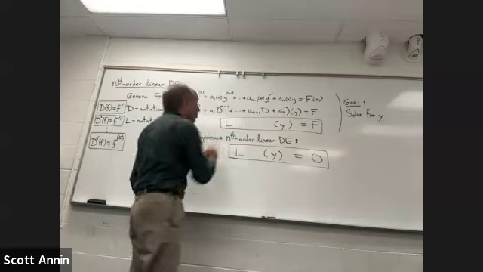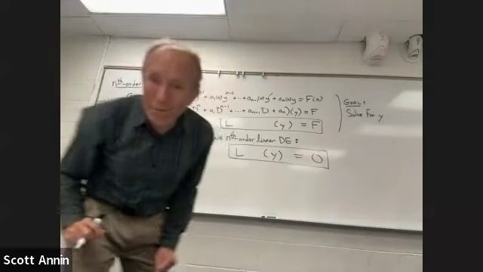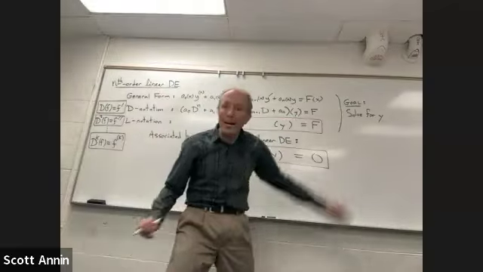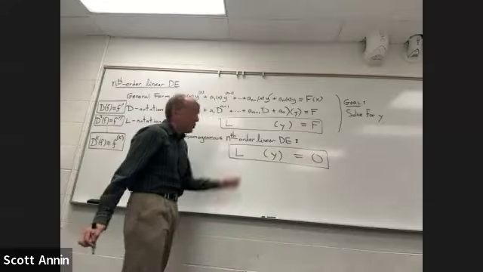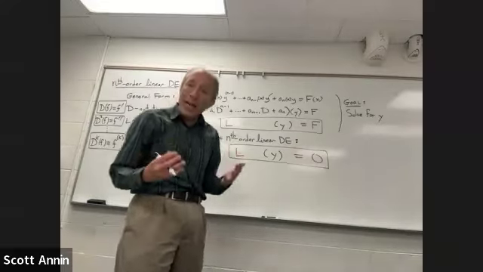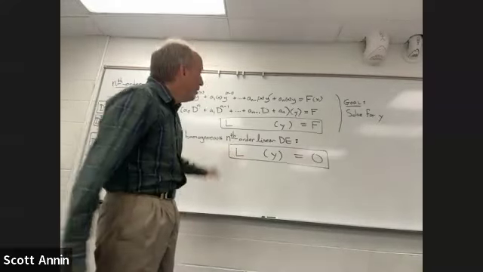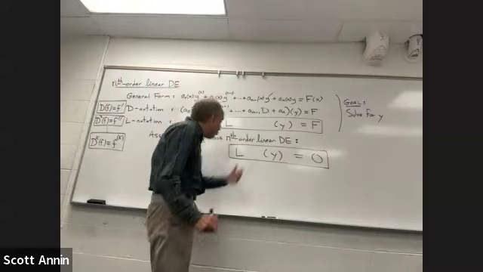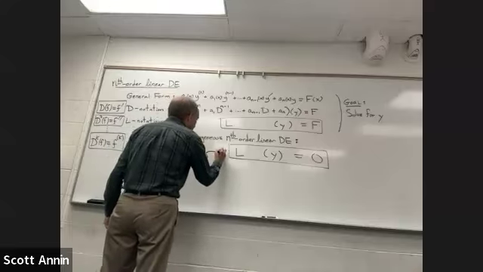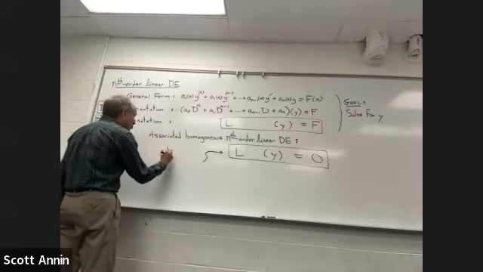So if we just ignore the capital F that was originally on the right-hand side of the differential equation, and we look at this differential equation first, it turns out it's a bit easier to solve. One of the reasons that it's easier to solve is that the solutions to this